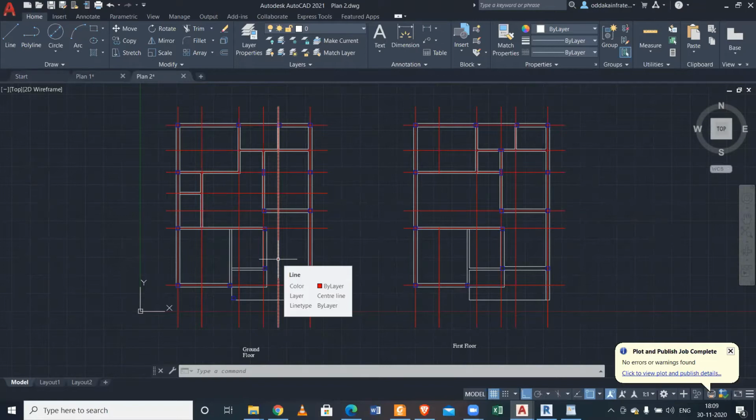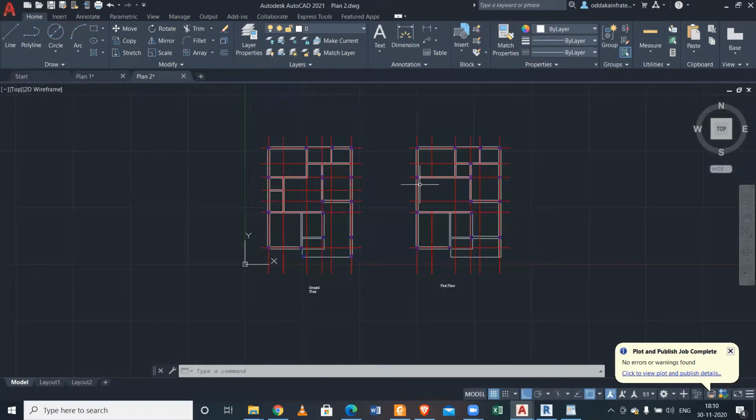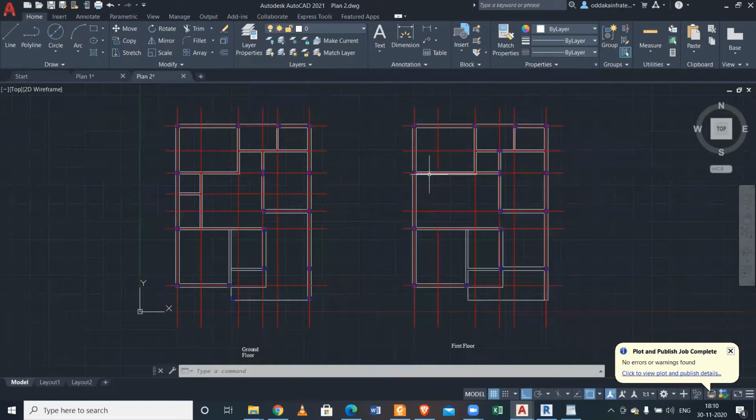So we'll do the column positioning. First of all, we'll start from upwards, like this portion. I think here we had a wall. No, there was no wall in that. I don't know. Here we had a wall, I think. No, I don't think there was a wall. I'll just check the plan. Because here we just had a wall, this portion. Okay, one minute, I'll just open that plan.